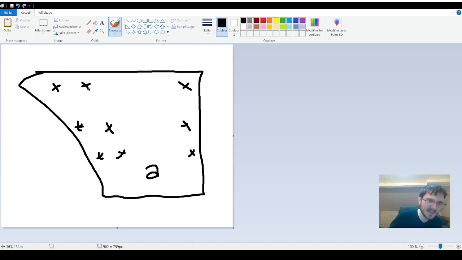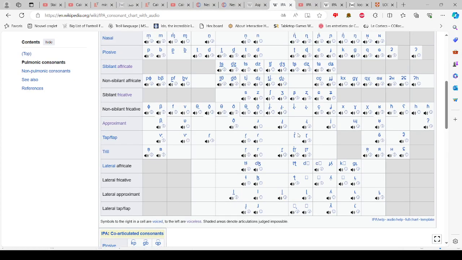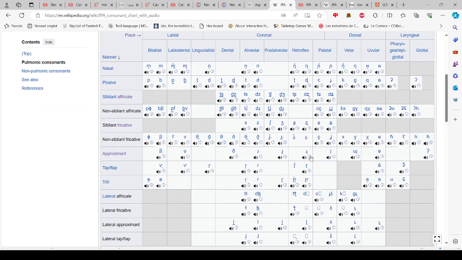And you do have to specify whether it's rounded or unrounded, and whether it's nasalized or not. And for the consonants, you just speak just the same. So you go to the IPA, or you use your own mouth. You can choose your own way, and typically you can decide to add, like,